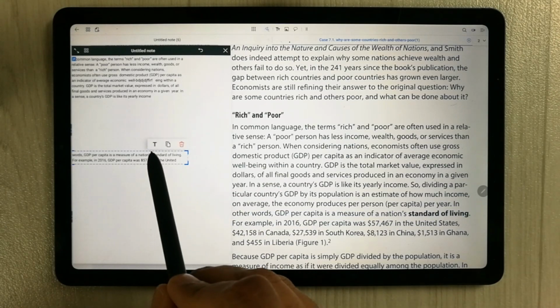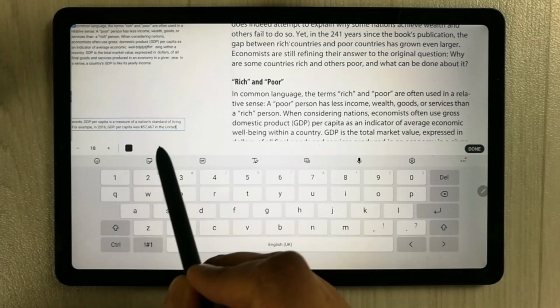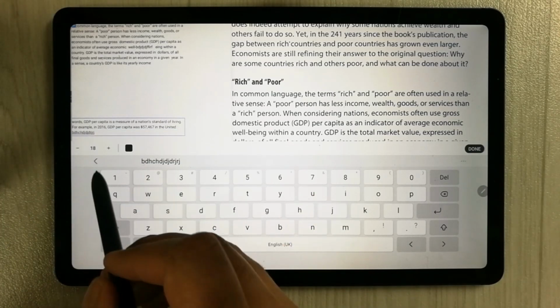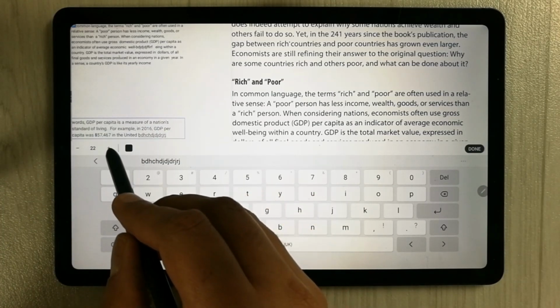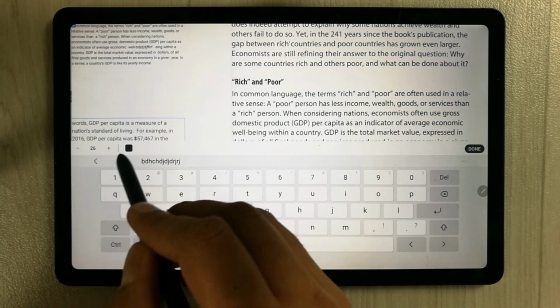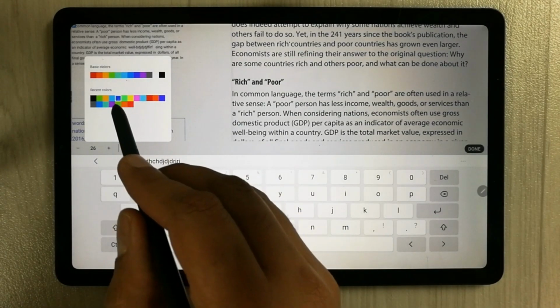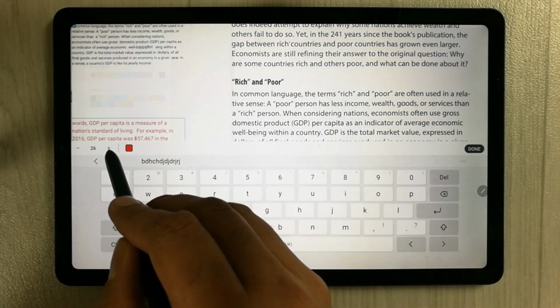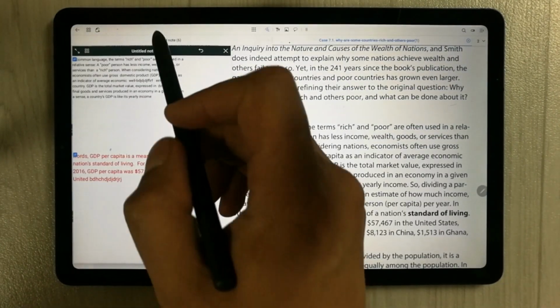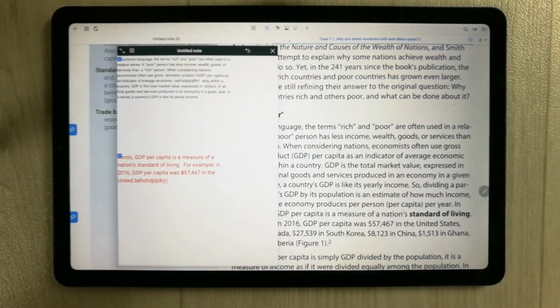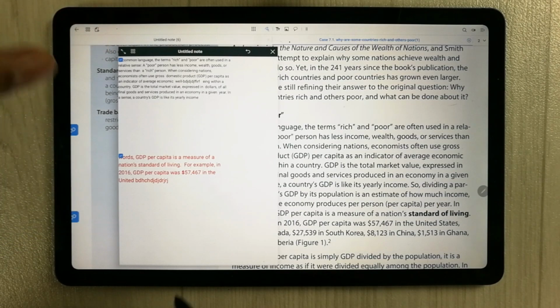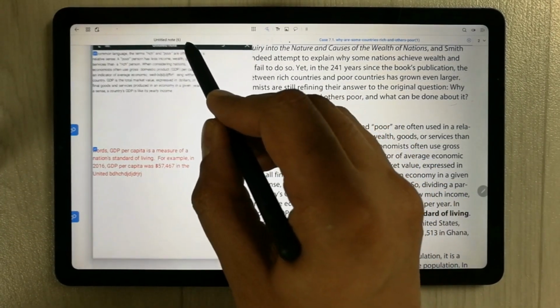Okay, and now if I want to edit it, I use this T function over here, and then I can write anything. You can see you can also increase the size. Okay, you can see over here, and you can also change the color. For example, I select red color. Okay, and now if you want to make it bigger, so you can see over here the file is over here now. And then if you want to work on this file, you can also work on this file, but I will show you later.